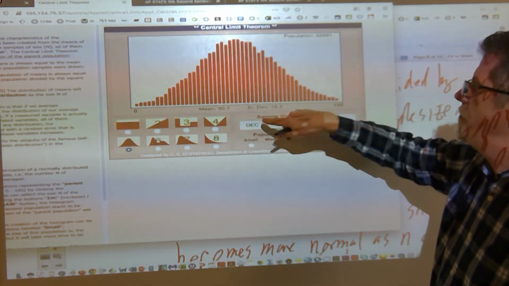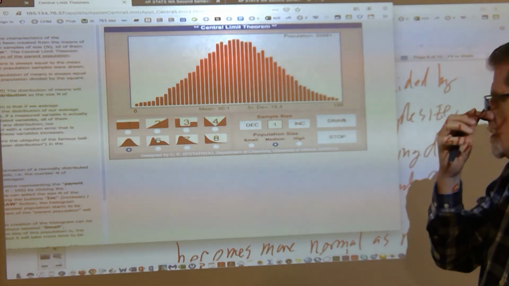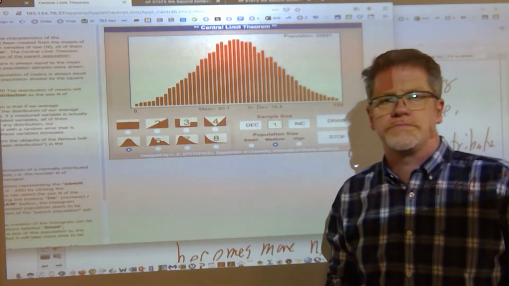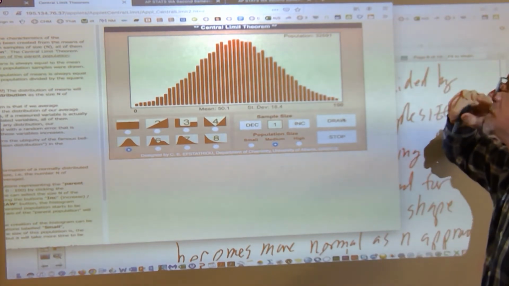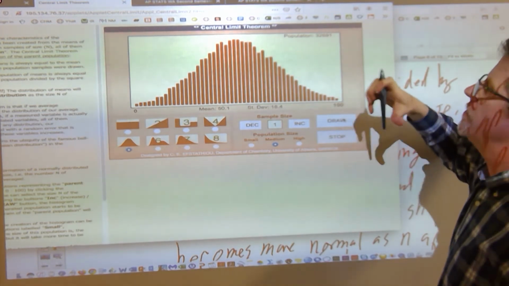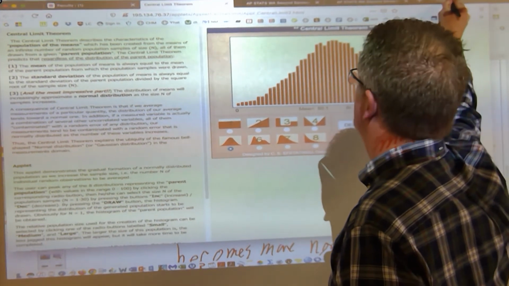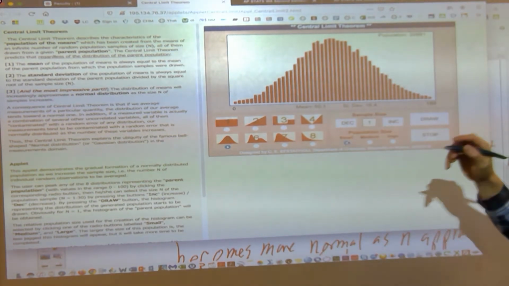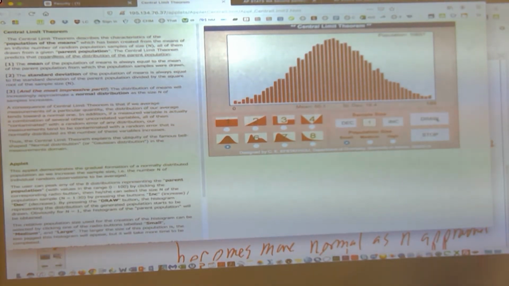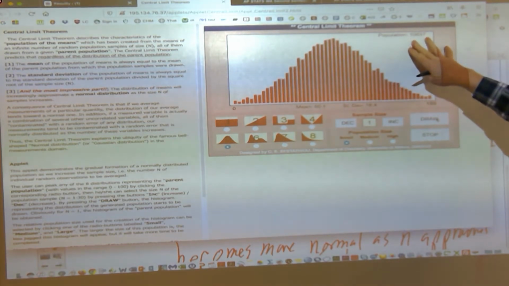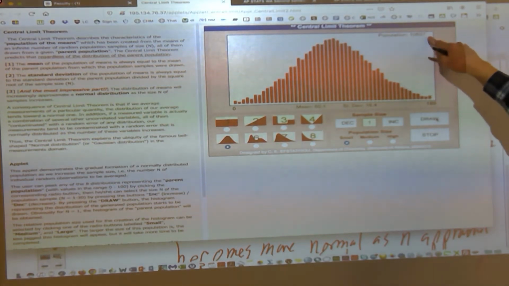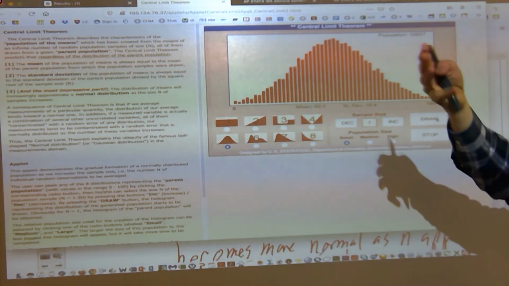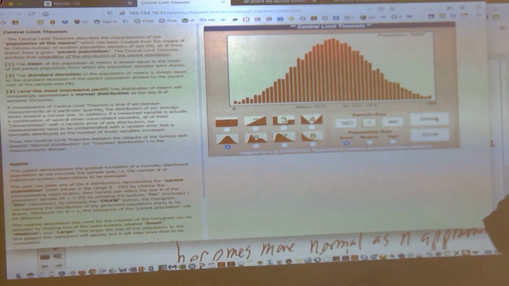But the mean of these samples. Wait, so are these all x bars? Is it 32,000 whatever x bars, or is it just one survey with 32,000 people? Yeah, that's a reasonable question. If we do population size small and draw, yeah, I think that's just the number of samples. We don't know what the population size is. They took 10,637 samples, x bars. So this gives you an idea of what the sampling distribution looks like.